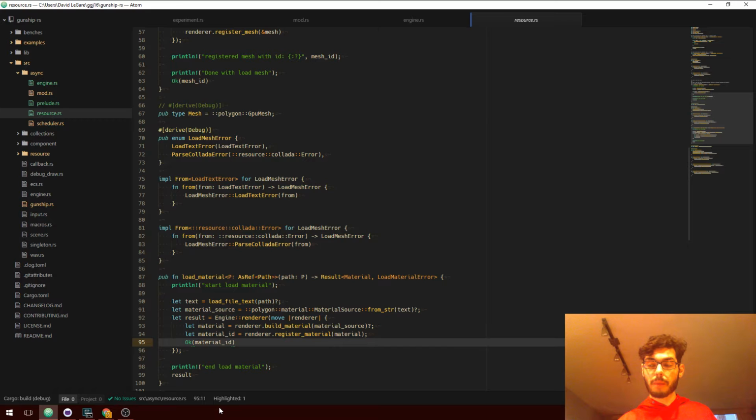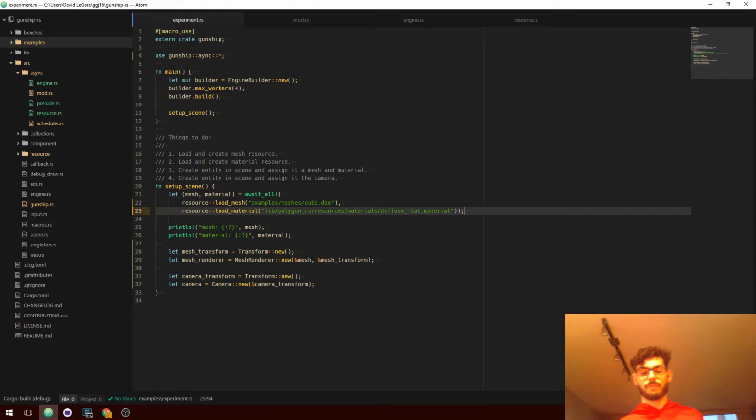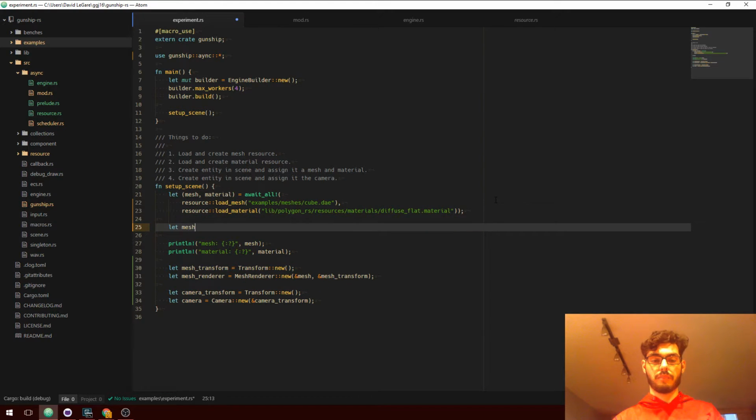That does bring up a little bit of a conundrum. We have the issue of, so let's take a look at this case. Let's take a look at let mesh equals await load mesh foo.da.